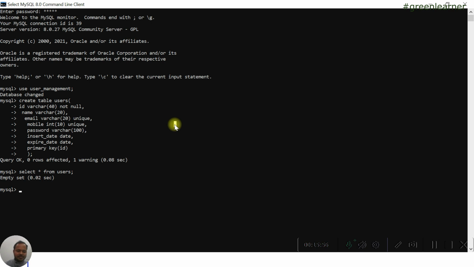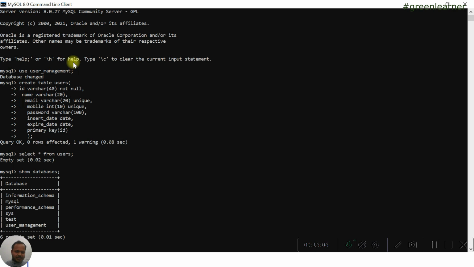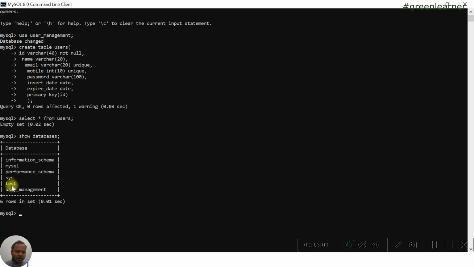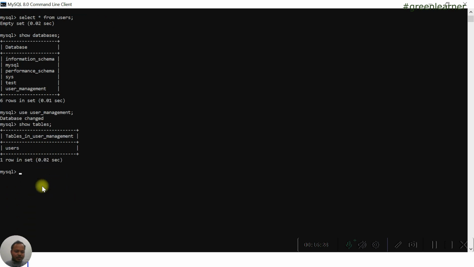When you have the SQL server installed, you can open the MySQL client and create the database. Like if I show you here, databases, you can see all this information set. So test and user management are the databases that I already have created here, and then you should use the specific database that you need for the microservice. For this one I have created user management. Okay, and if you give the next command, tables, it is going to show you the tables. So the first table that we have is users.